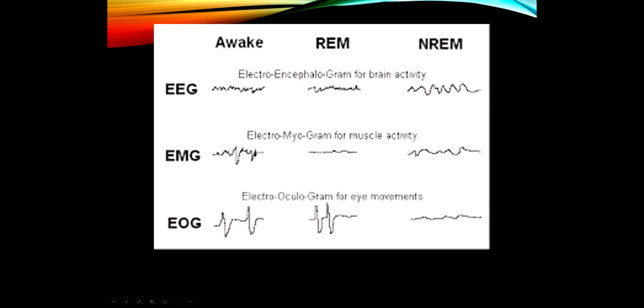All right, so when someone is awake, of course, we're going to see muscle activity here on the EMG. You can't really make a lot out of the brainwave activity here, but the eyes are moving. Okay, and during REM sleep, again, we see lots of eye movement activity, but notice nothing from that submentalis muscle in the chin. Contrast this with non-REM sleep, where we don't have as much muscle activity as we do when someone is awake, but there's still movement. So this absence of movement is distinctive for REM sleep.